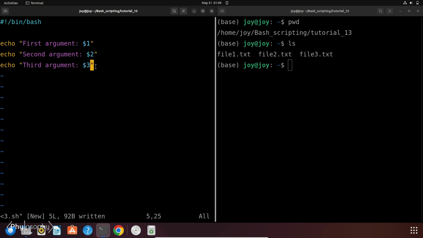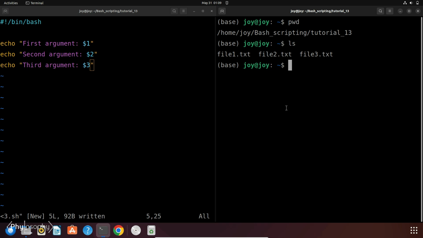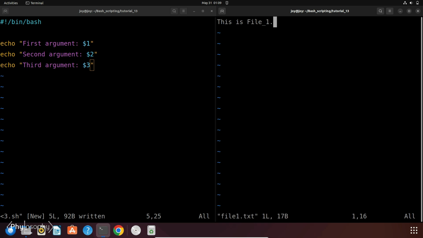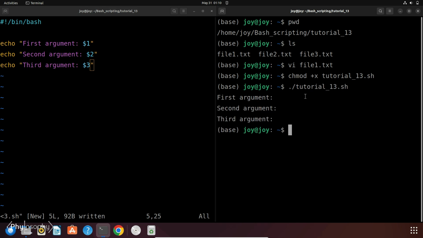So now let's run this file. Currently I am in this directory tutorial 13, and here I already have created three files, file1, file2, and file3. And each of these files contains one single line, that is, this is file 1, then file 2 contains this is file 2, like this. So now let's run the script. As you can see, I just ran the script and it is showing nothing for the first argument, it is nil. So for this, while executing the script tutorial 13.sh, I have